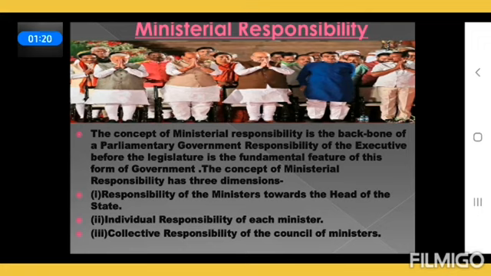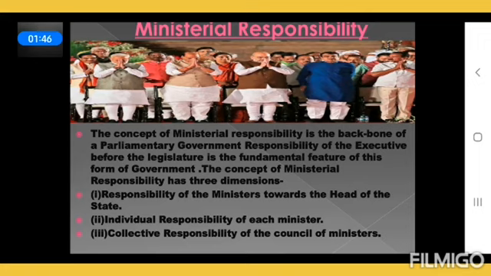The prime minister along with the council of ministers, they are the ones who advise, to whom? To the president, right? So all the acts of the head of the state are really the acts of the ministers, because he always acts upon the advice of the ministers. So naturally the ministers are what? They are responsible for their actions and the decisions of the head of the state. So this is number one, that is responsibility of the ministers towards the head of the state.